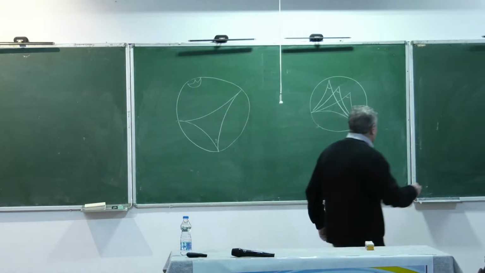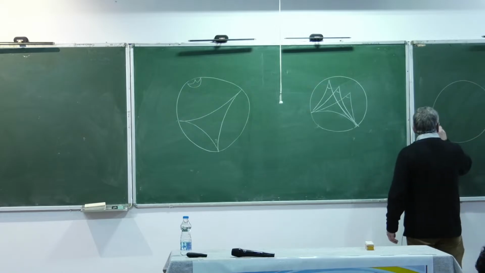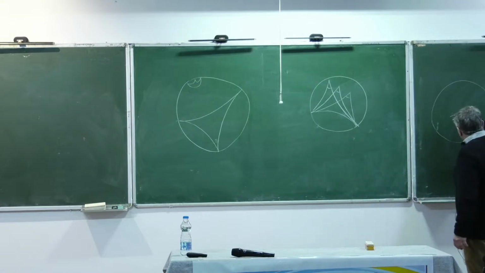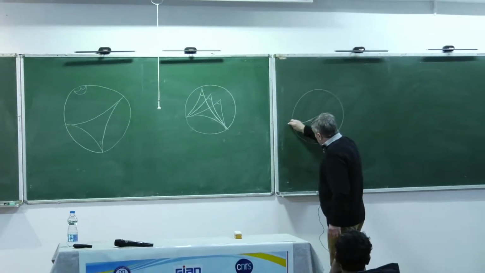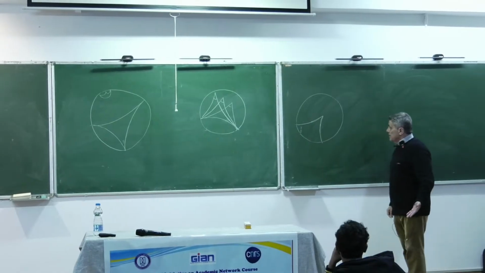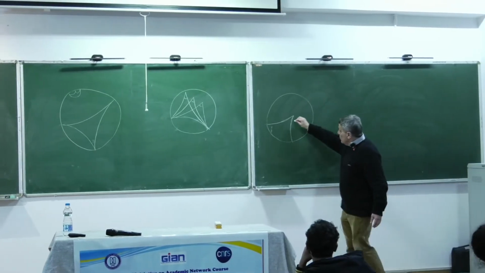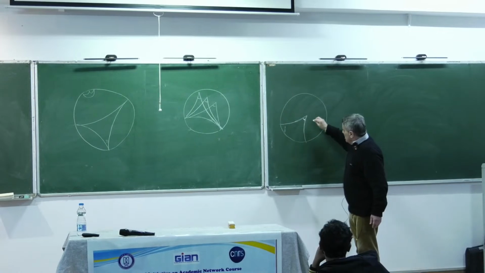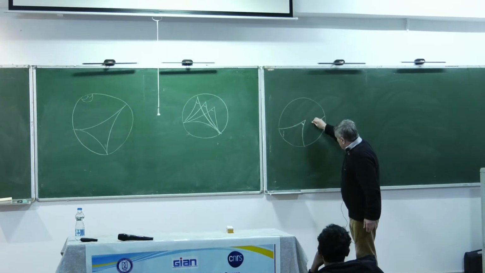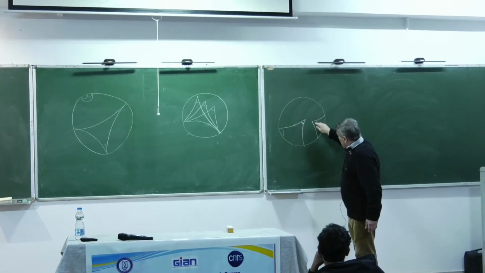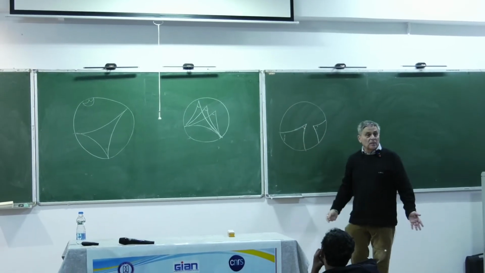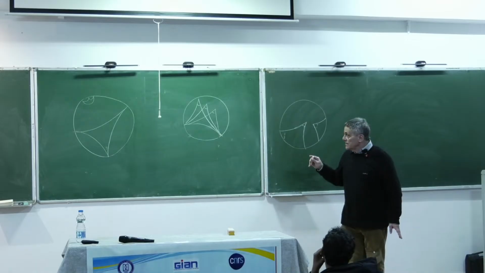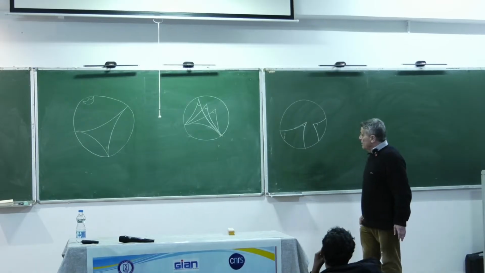So if I take any angle in the hyperbolic plane, I extend these sides. I have only one way to extend these sides, and another triangle here with the same angle. I have only one way to extend these sides. If the angles are equal, then this one I can superpose it with this one. You understand this? So I'm saying this for several reasons. One reason is that